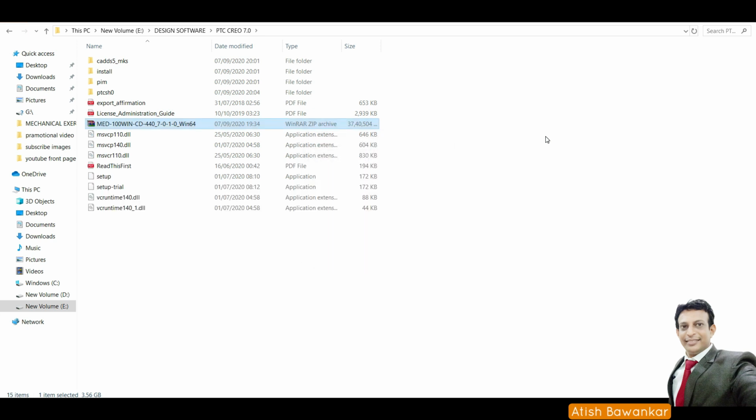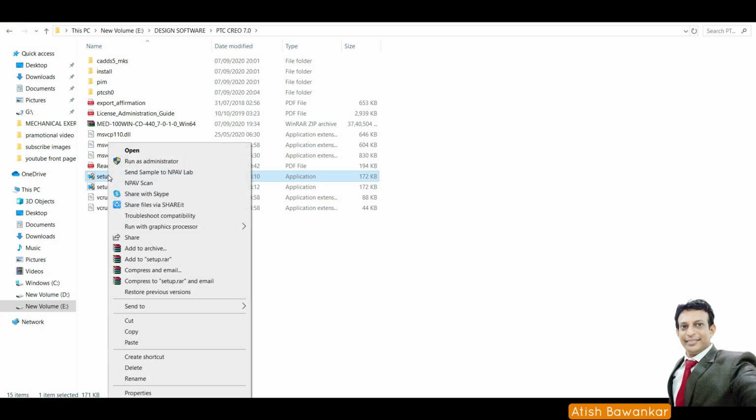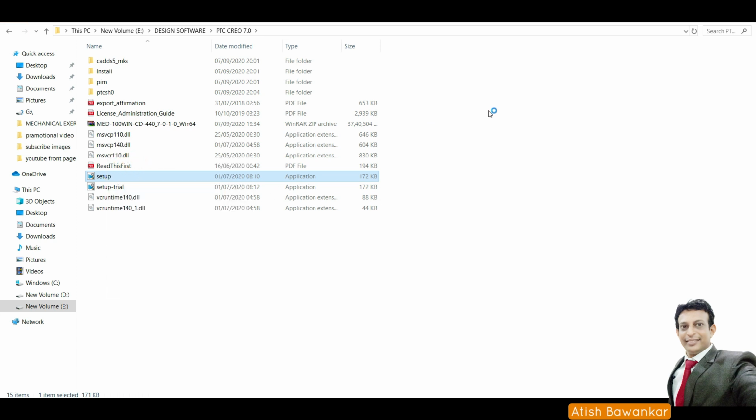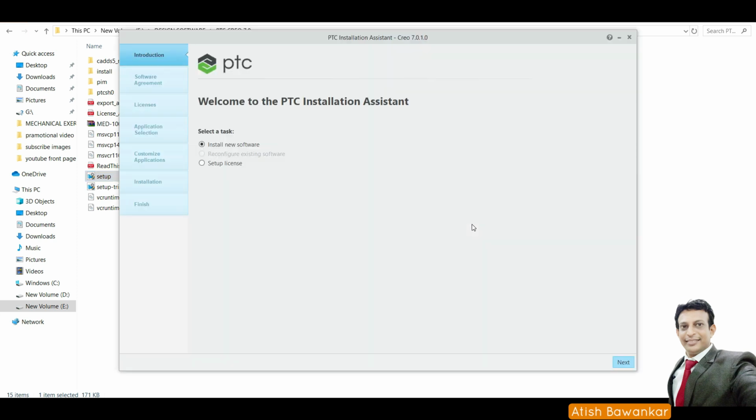Once it extracts all the files, you will find the setup icon. Just right click on it and say run as administrator. So you will find this welcome to PTC installation assistant menu.